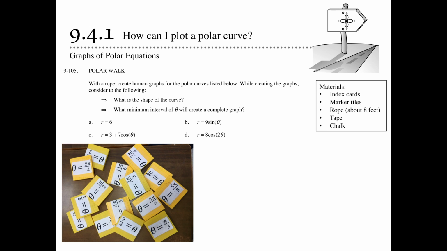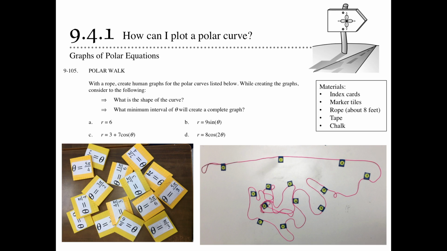Marker tiles should be solid objects that are each labeled with the angles of the unit circle 0 through 2 pi. They could be as heavy as children's blocks, Legos perhaps, or as light as index cards. They just need to be substantial enough that they are unlikely to blow away or to slide when laid down on the floor. You will also need a rope, and to prepare this rope, you're going to have to mark